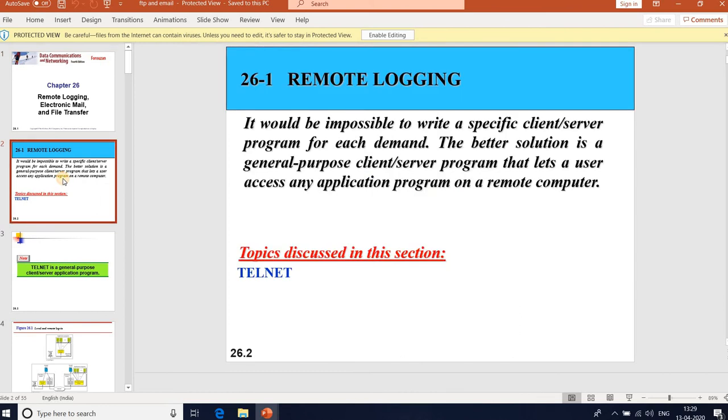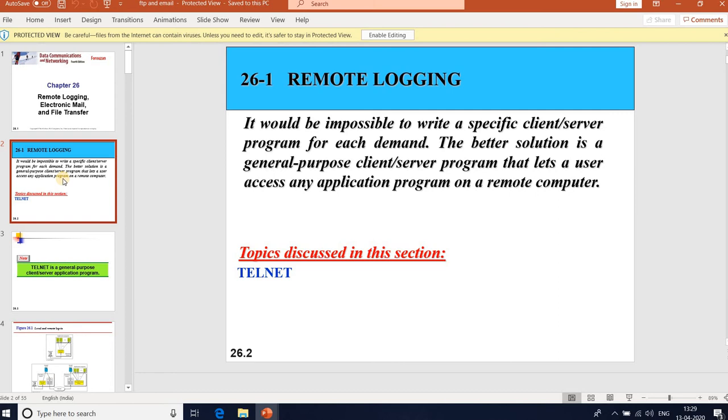So what is remote login? What is the main task of the internet? It is to provide services for users. The most popular applications are remote login, electronic mail, and file transfer.